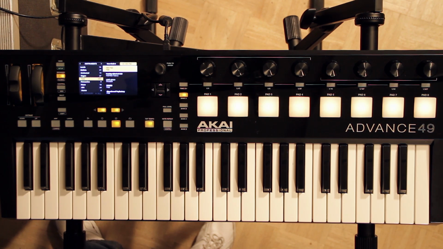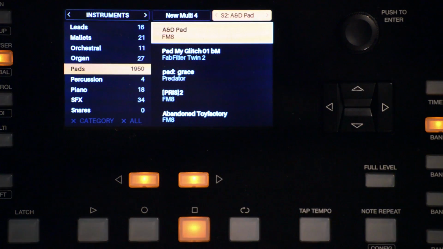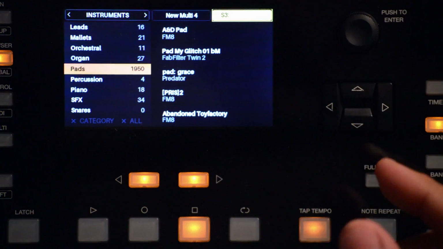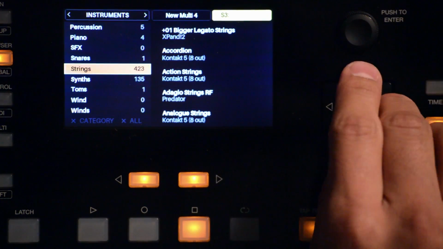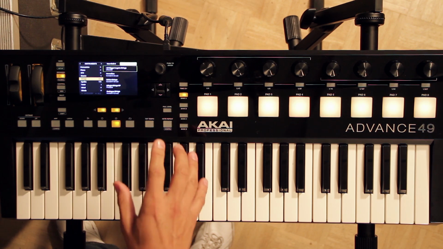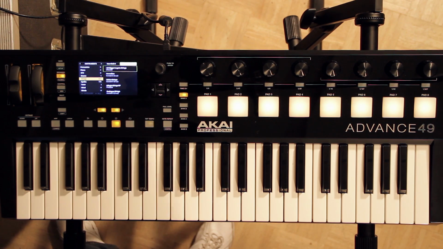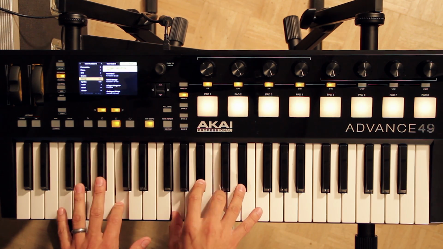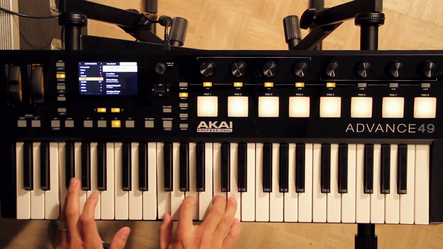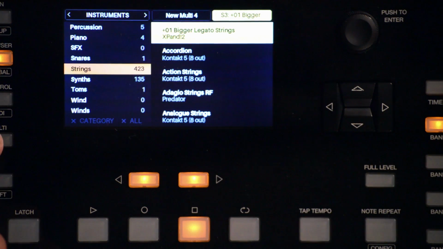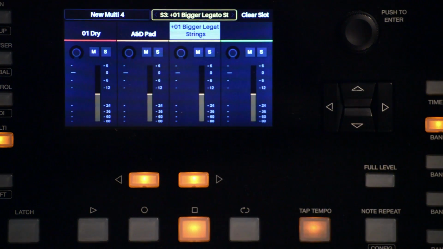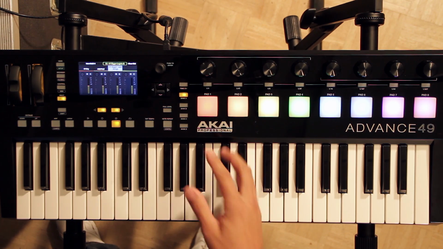That sounds great. One more thing, let's add some strings. So we'll go again to slot number 3, which is empty. We'll deselect pads, and we'll choose strings. Now we'll load up this strings patch from Expand. So if I jump into our multi, you'll see that I have 3 slots filled in with 3 different plugins and 3 different patches. And on the multi-mode, the pads become mutes,